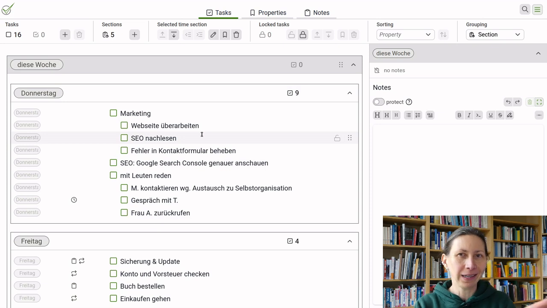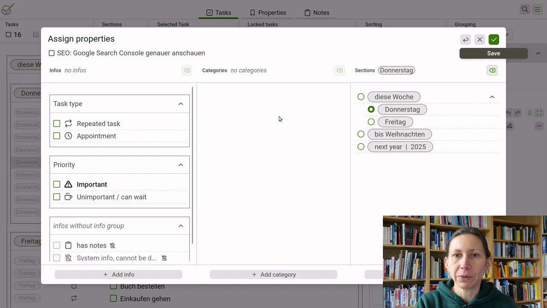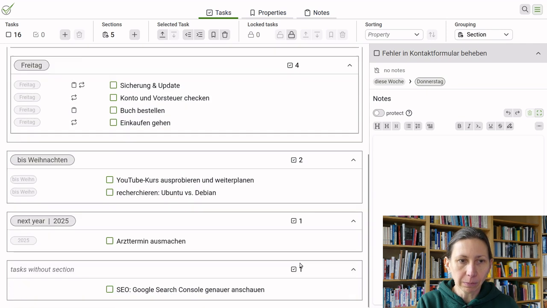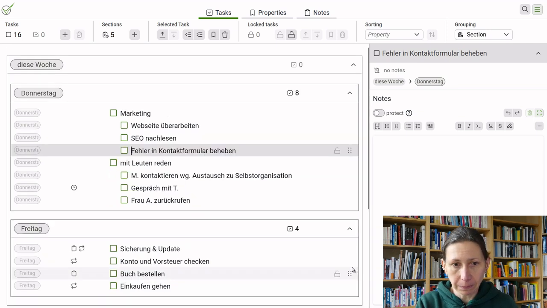Of course, sometimes you want to have a choice, that's okay. So during the week, I'm kind of fine to heap up all those tasks. At the end of the week, it gets harder because you already have planned the next week and so on. So you will have to find places where to put them. So you can go to next week and all of that. I showed you this morning how to do that. You can also remove the section information. So I can just put that here and just remove all the information for a section, and then it ends up in this box of tasks without section, which means kind of the backlog, things that I might never do, but I don't want to delete them.